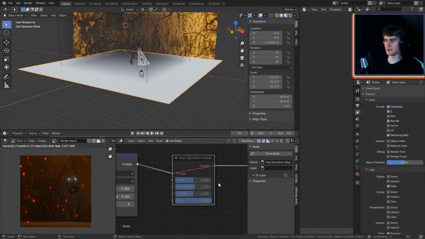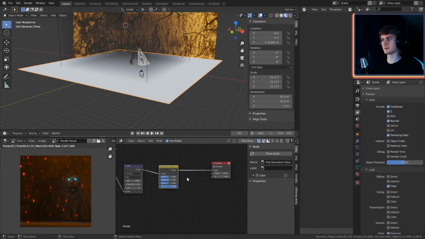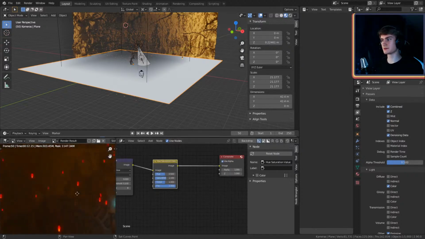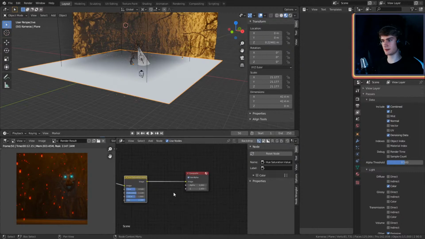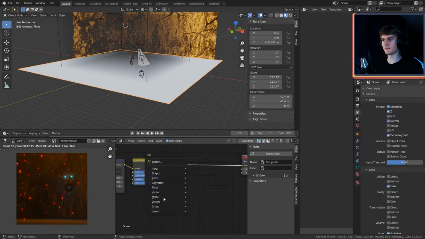Yeah, let's see without it. Yeah, it just adds a little more saturation, of course. What else do you expect? But it looks pretty good, because now it's like a transition from orange to red and then to black. So it's pretty cool. So we can now use our favorite filter of all time, which is the lens